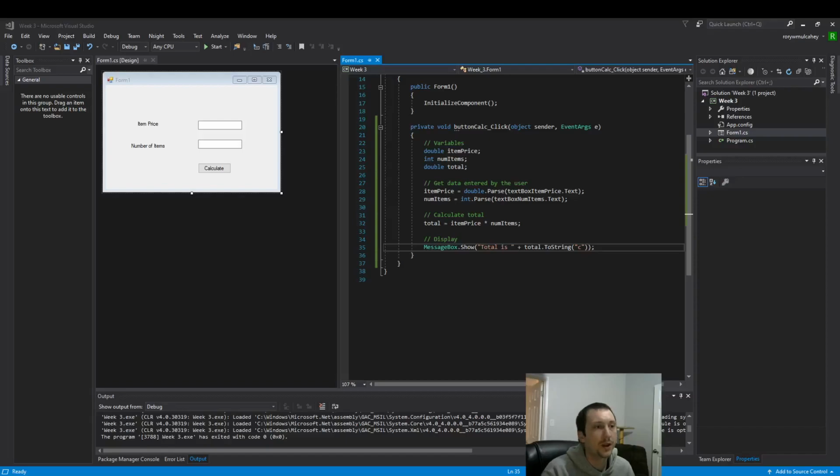Hello everyone, we are going to be building off our previous example of a small little app that takes the item price and number of items. Here's all the same code we were working with in the previous video, and now we're going to